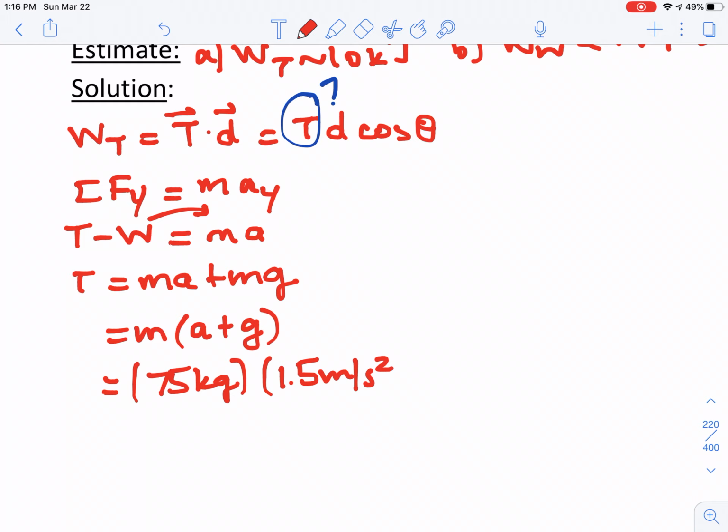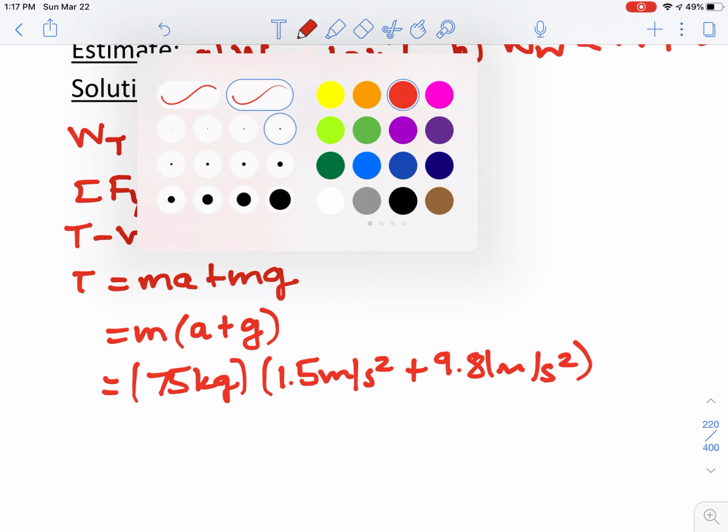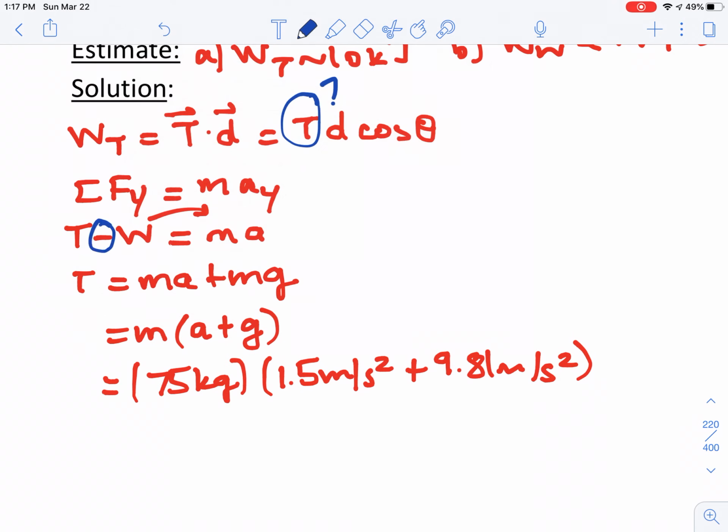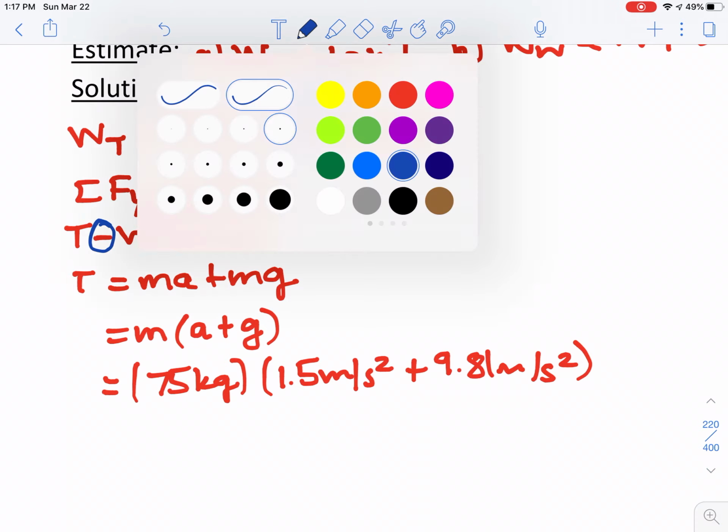And what do I put for g? Is it negative? Remember, g is never negative, okay? g has a value, it's a scalar quantity, and it is 9.81. So you always put positive 9.81 meters per second squared for g, okay? That might look weird, but remember that g is the acceleration of gravity, which is taken downward. But how do you know that? This is where we did this: it's negative W because it was downward, because of that gravitational pull being downward. So after you put that on the right side, it becomes positive. Just follow it and make sure